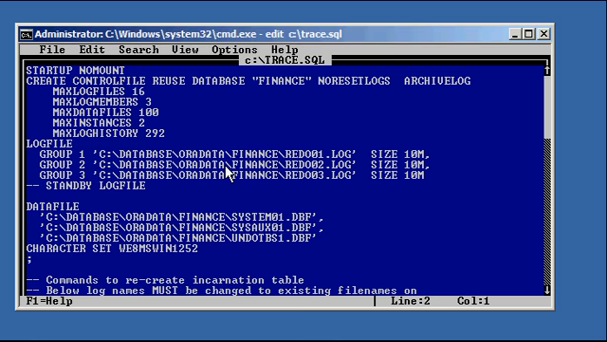Come down to create control file, and it says, you see how it says reuse? You just type in the word set. So we change reuse to set, database, finance, and we want reset logs, so we get rid of no reset logs. Okay? So create control file set, database,